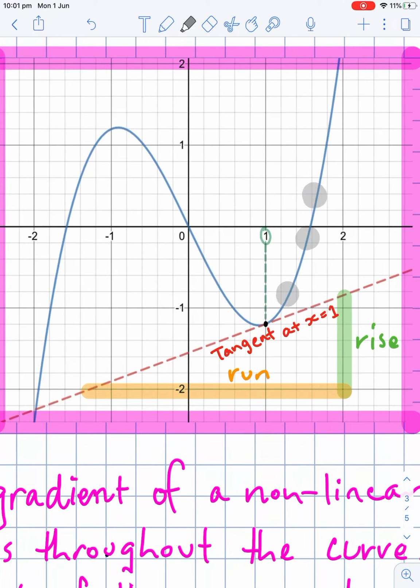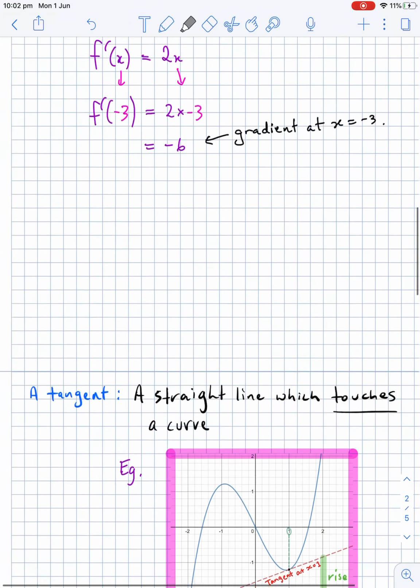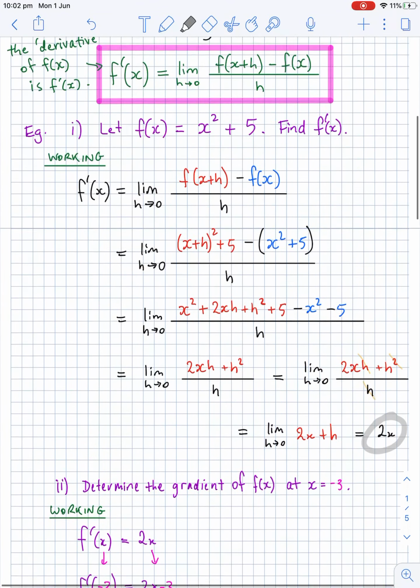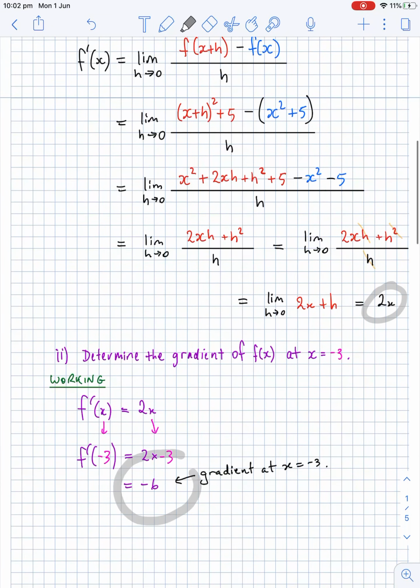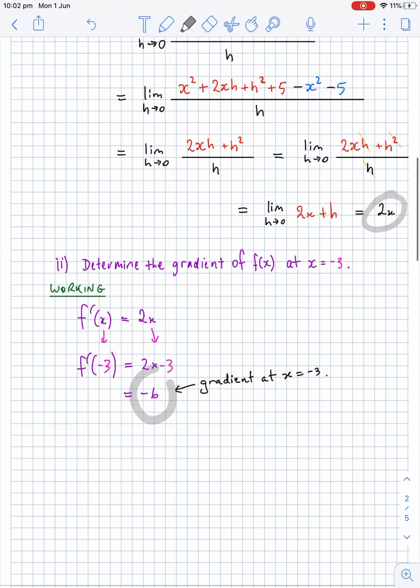These gradients are constantly changing. Here, if I use this point right here, that's a negative gradient, but over here it's positive. It's always changing. So you've got to think to yourself, what would be the gradient of my tangent line at these specific points? And that will tell you the correct gradient. That's why we're doing this thing called differentiation, because this makes the process of finding gradients, like here, -6,